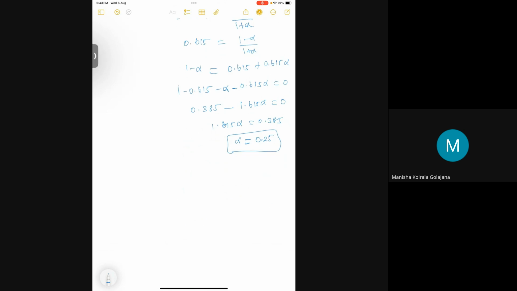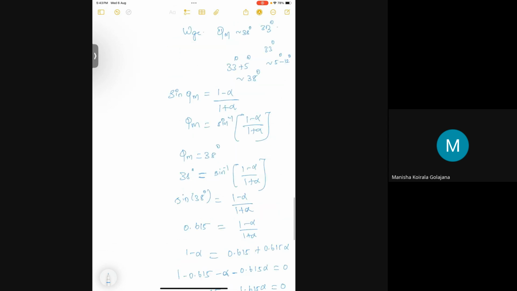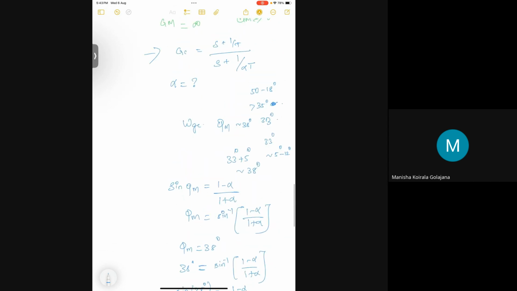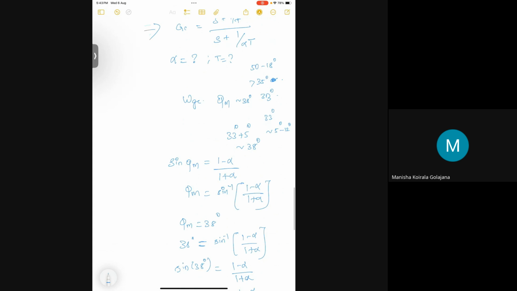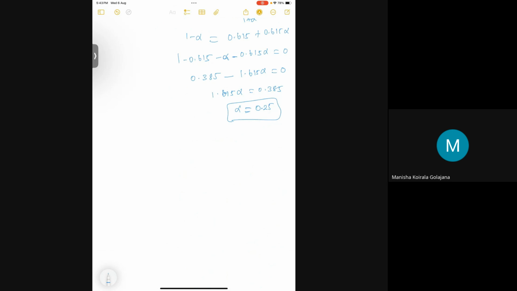Now we determine the alpha factor. We know how this transfer function will look like: s plus 1 by T over s plus 1 by alpha T. Alpha we know, but T we don't know, so T also we have to find. To find T, we need to find the relations. Once we know this alpha for now,